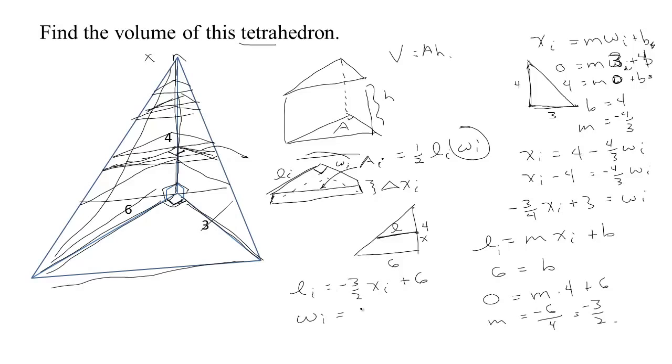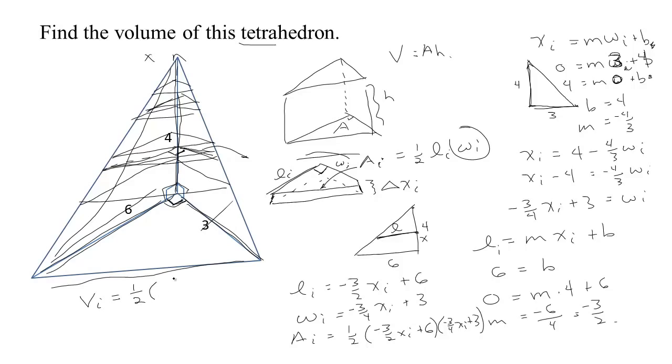Our width we already calculated was negative 3/4 x_i plus 3. So now we can find A_i, the area of the ith face, by taking 1/2 times negative 3/2 x_i plus 6 times negative 3/4 x_i plus 3. And once we have A_i, we can actually find the ith volume. So V_i is equal to